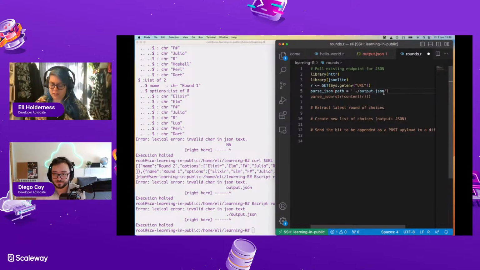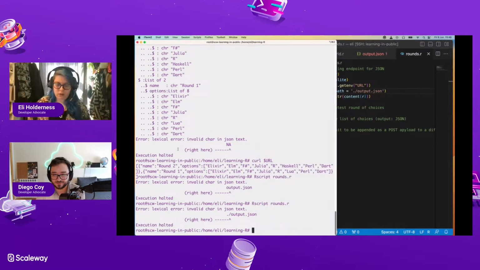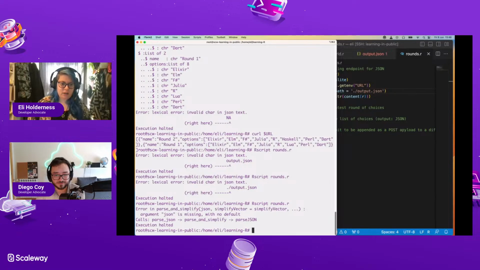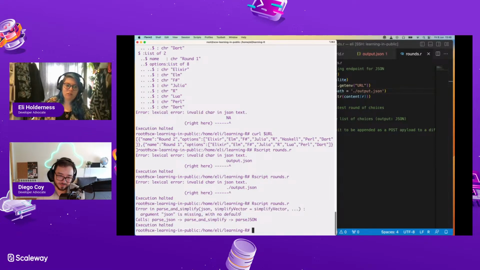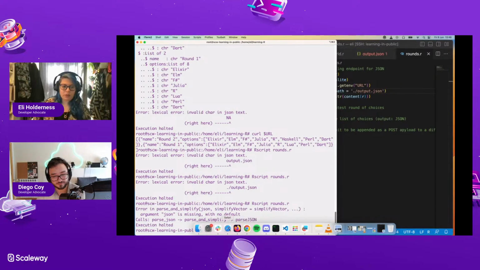Let's tell it specifically that it's a path, because I saw them doing explicit variables like that. Argument JSON is missing. Parse and simplify JSON, with no default. That's interesting. Okay, no default. It didn't know where the JSON was.